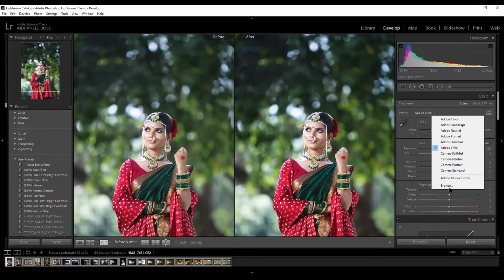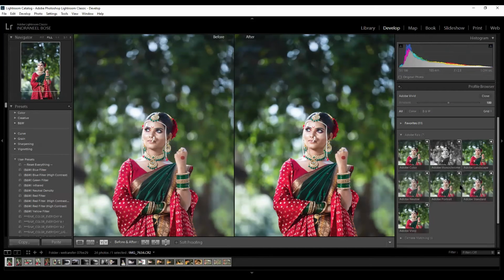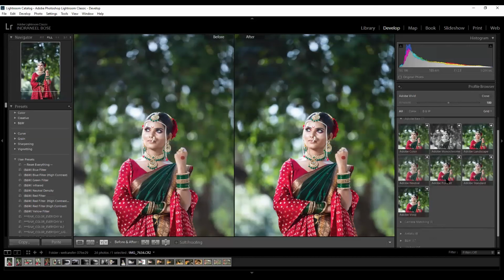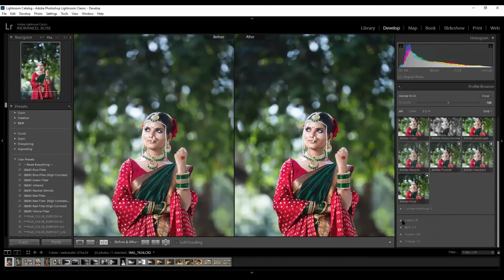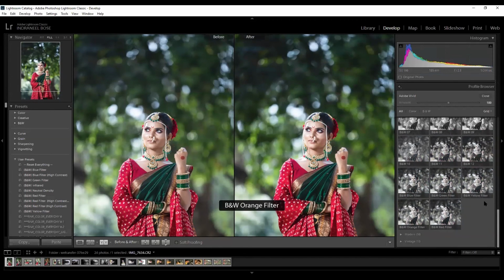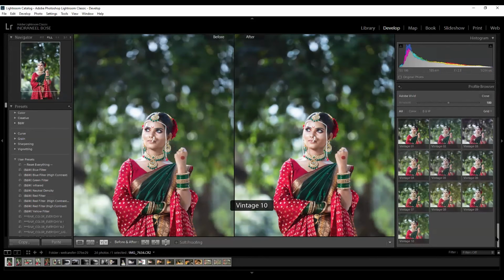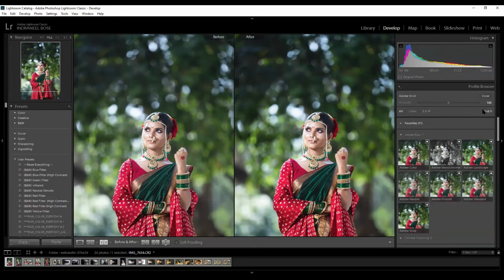So basically, whichever camera model, now if you browse, we'll get quite a few camera settings over here. These are some artistic settings given by Adobe themselves, for Photoshop and for Lightroom, which you can directly use to color grade your image. These are some artistic settings in black and white mode. This is a modern mode. This is a vintage mode, which Photoshop by default has given.